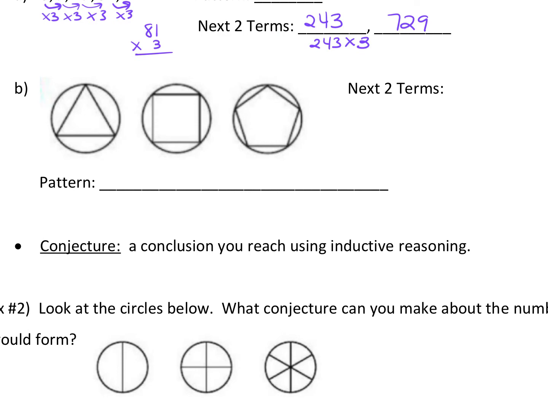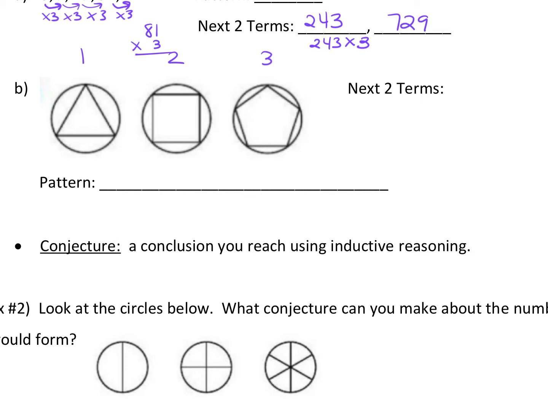Okay, I'm looking for a pattern, and then the next two terms that would come. So these are your first 3 terms. The first term, the second term, the third term. Can you explain to me in words very specifically, like be as specific as you can, what's happening here? It's like adding another line, so it's going to be like triangle, square, and pentagon, then hexagon, then heptagon or